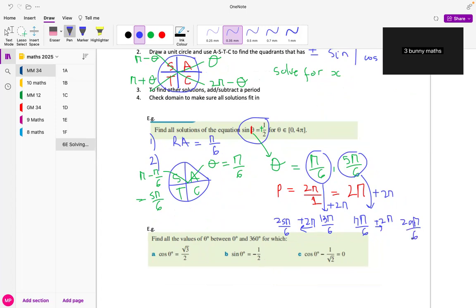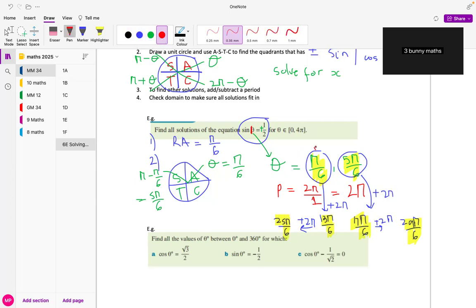Okay, so you can see what I have so far is pi over 6, 5 pi over 6, 13 pi over 6, 17 pi over 6, 25 pi over 6, 29 pi over 6. Now I look at my domain. My domain is 0 to 4 pi, so it needs to fit in the domain. So if I check my domain,